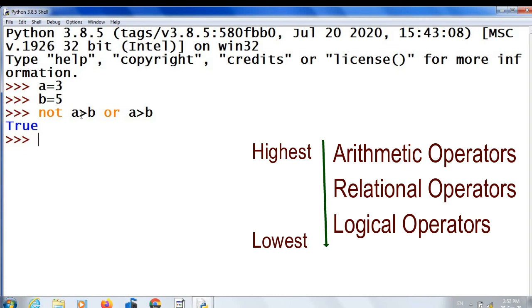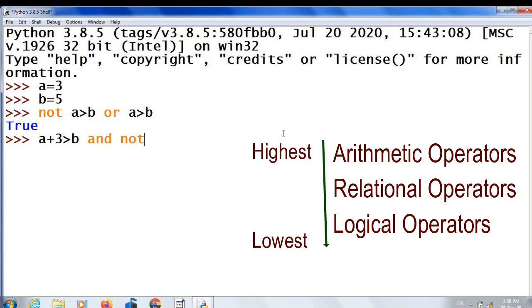And about not A greater than B, A greater than B is false, and then not false is true. Then true or false we will get true. That is, first it will evaluate not A greater than B and then only the OR operation with A greater than B.